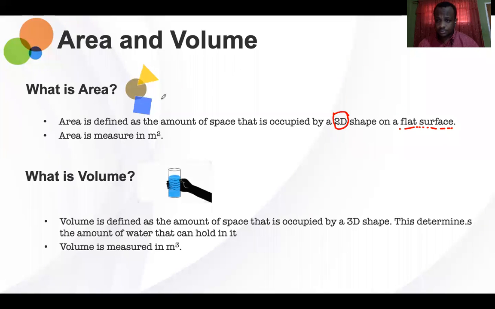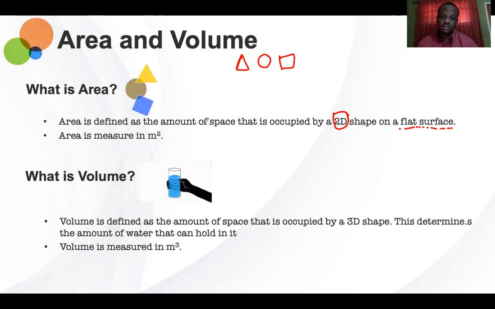So we have some 2D shapes over here. We have a circle, a triangle, and a square. These are 2D shapes, and in order for us to find the amount of space occupied, we need to calculate